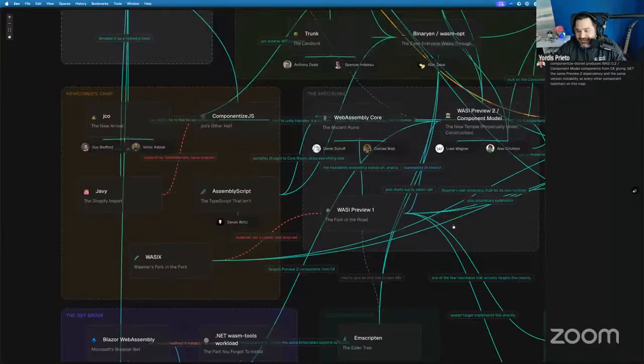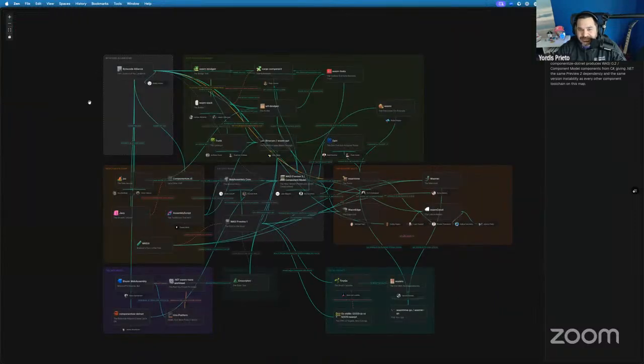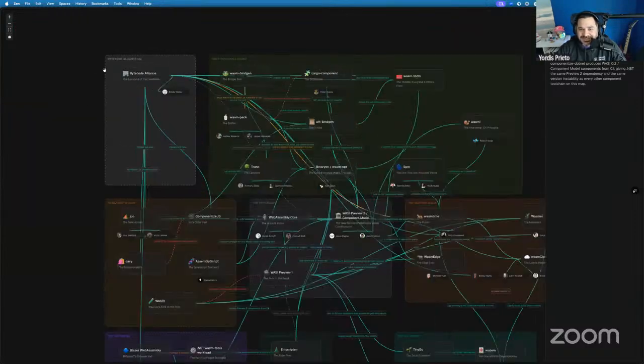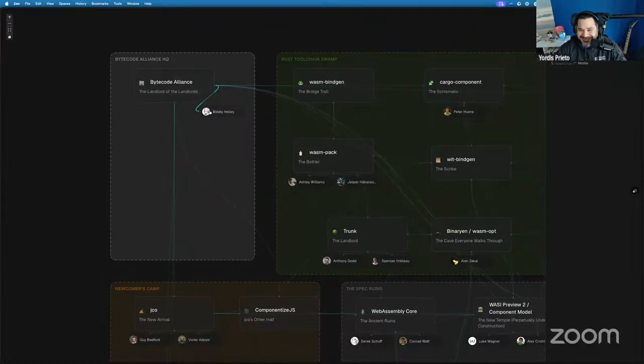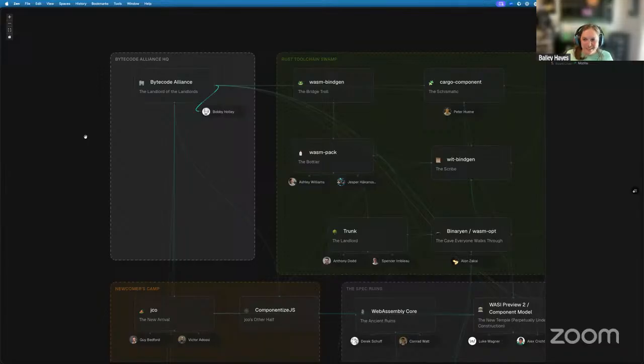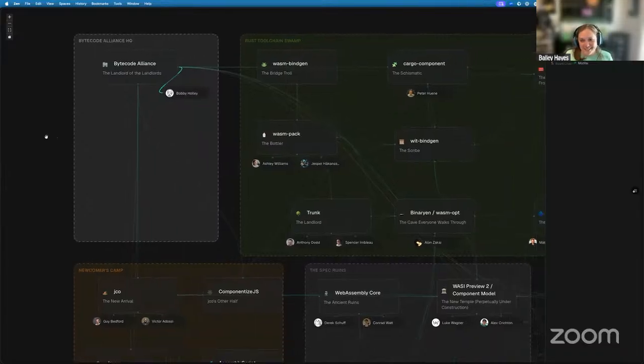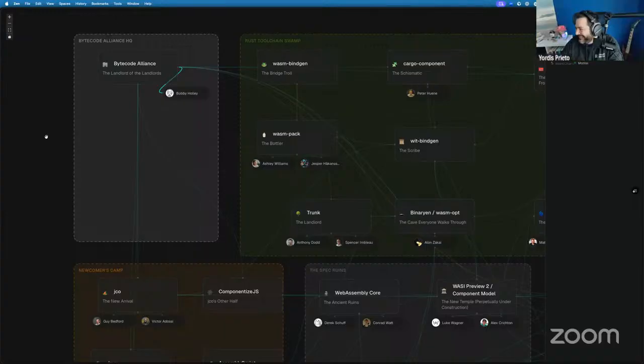Yeah, and I may just put all the people over here, I think. This guy, I don't know who this person is, but he's alone over there. I don't know why. Okay, this is worth talking about. Bobby Holly is CTO of Firefox. He is on the board for the Bytecode Alliance, and he is a total awesome dude. Hang on, I need to turn off the live stream so I can actually say what I want to say. I can tell you